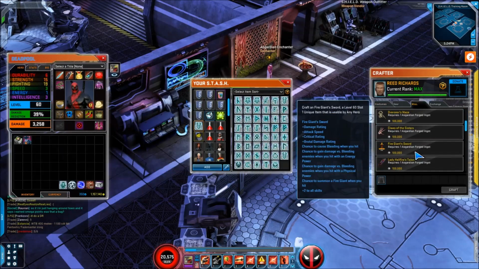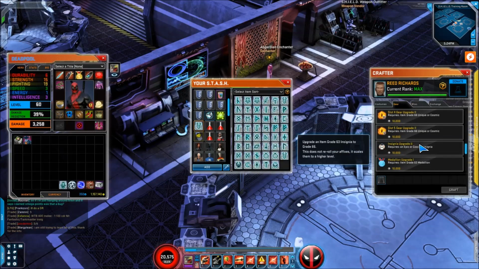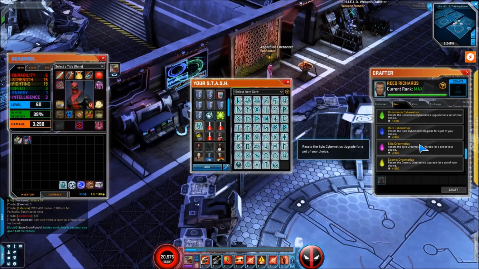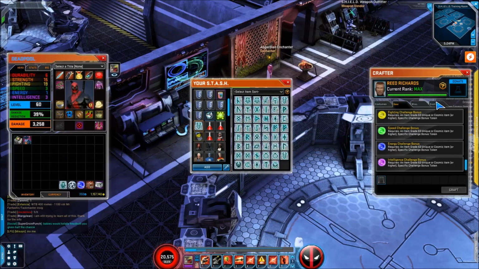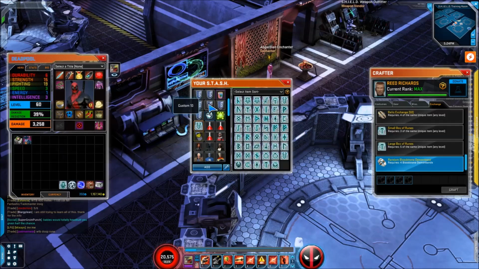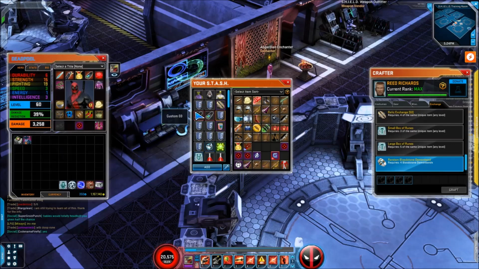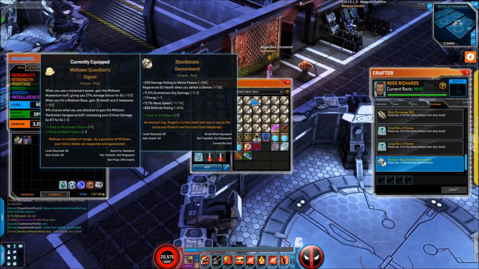But there's a number of things, so many things have changed with this crafting system that I can't begin to go over each and every one of them. But those are the major things. And oh yes, and this thing right here, the Bloodstone Demon Bands. I've actually been saving up a bunch of these because if you can get them to roll correctly, they are